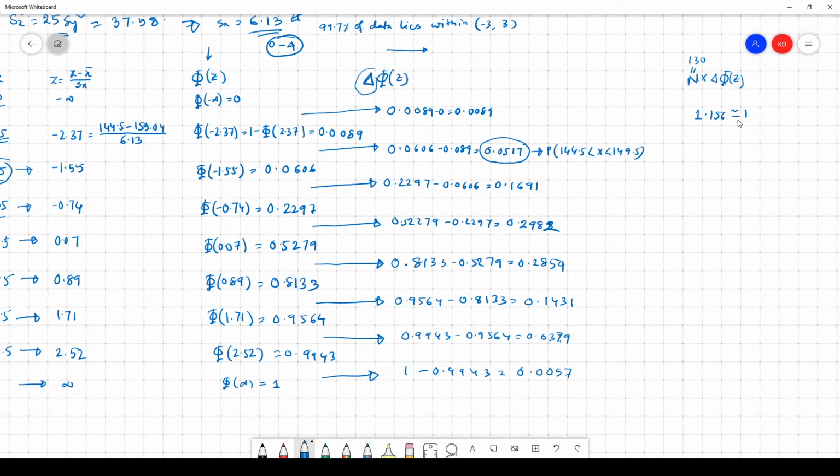I approximate this by 1 because frequency is always an integer. Then 6.718, which is approximately 7, 21.798, which is approximately 22, and 38.773, which is approximately